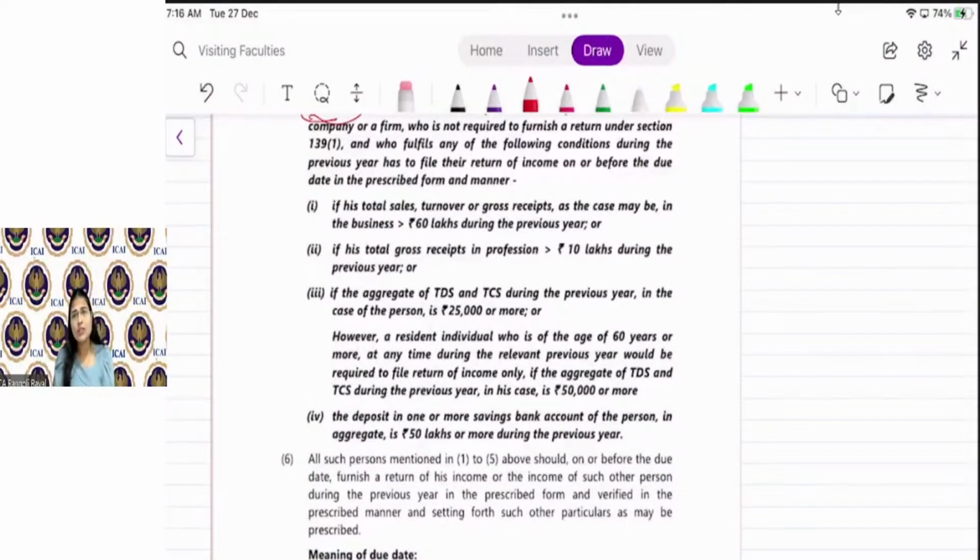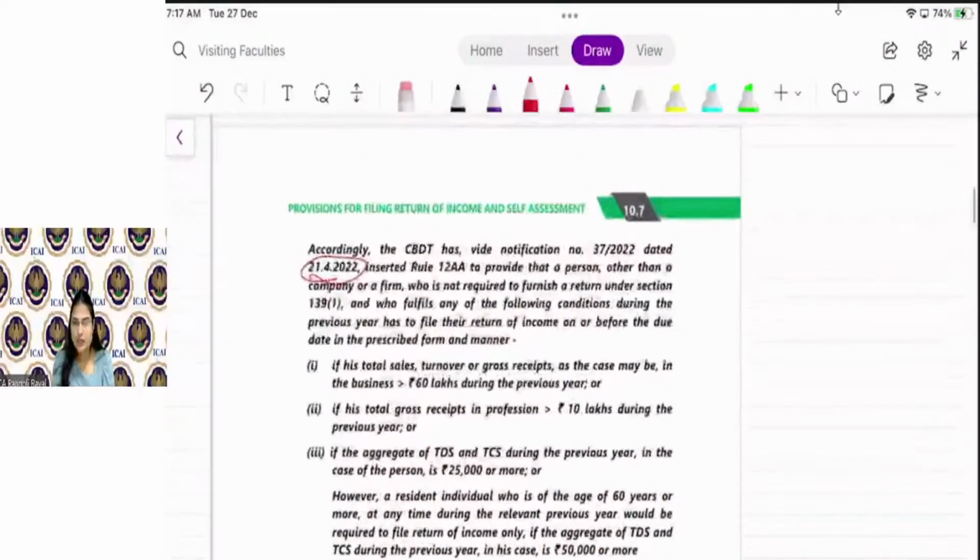Okay. So the criteria is: company and firm are required to file the return of income compulsorily. Other than company and firm, if the income is more than the basic exemption limit, before giving exemption under section 54 to 54F and deduction under Chapter 6A, then they are required to file return of income compulsorily. If any person is a beneficiary or beneficial owner of any foreign asset, then they have to file return of income compulsorily. Other conditions are electricity bill more than 1 lakh, foreign travel more than 2 lakh, deposit in current account more than 1 crore,